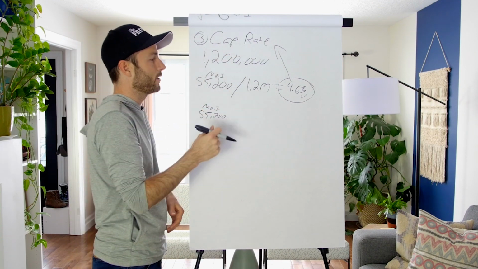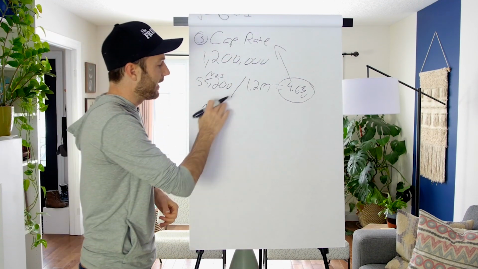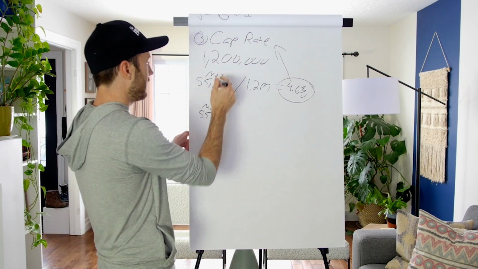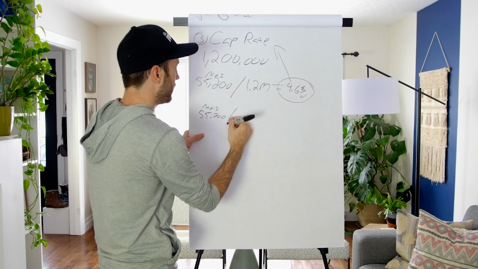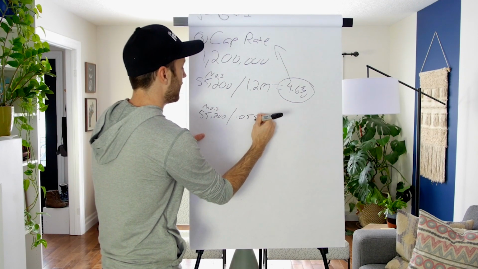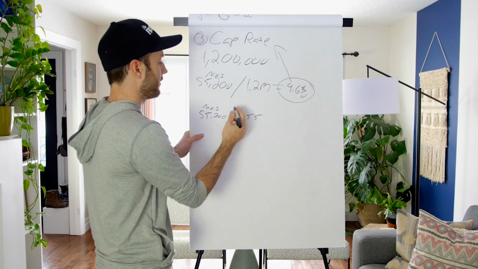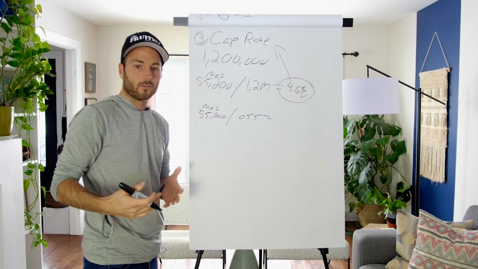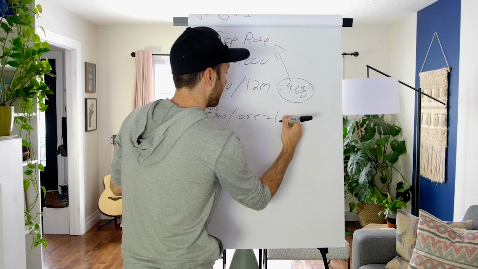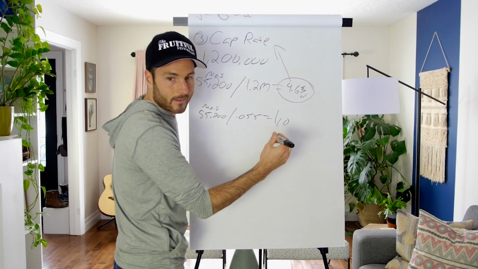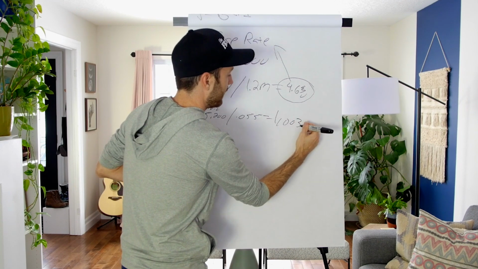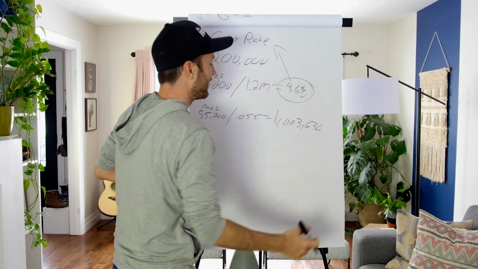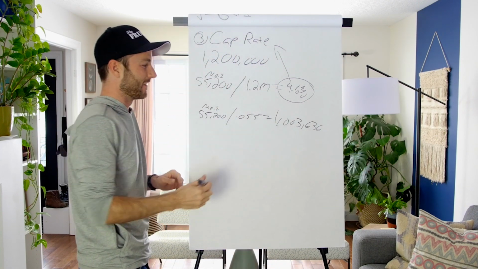This seller's asking 1.2. We know he's out of his mind. The area only dictates a 5.5 cap rate, okay? So let's say we take his net operating income, right? We divide that by the cap rate, 5.5, so divide by 0.055. That's gonna equal a valuation or an offer of 1,003,636. Guys, I'm going real slow. Okay.